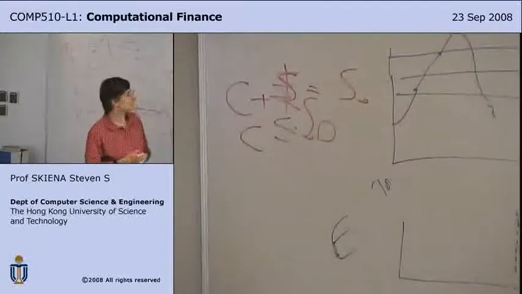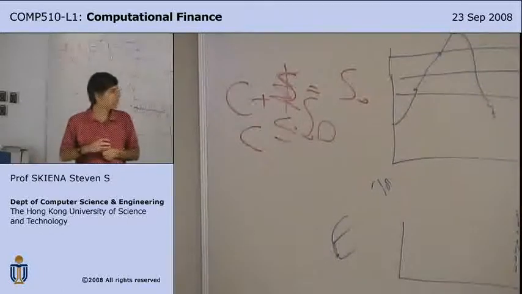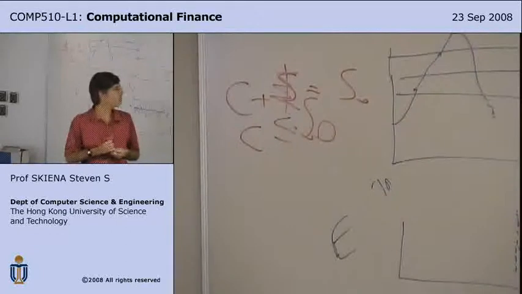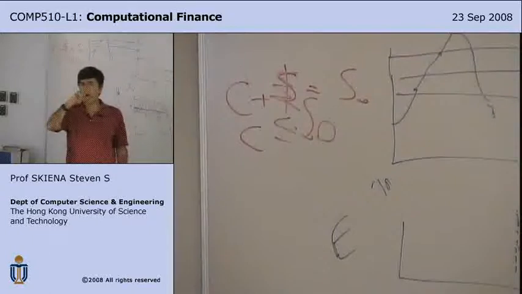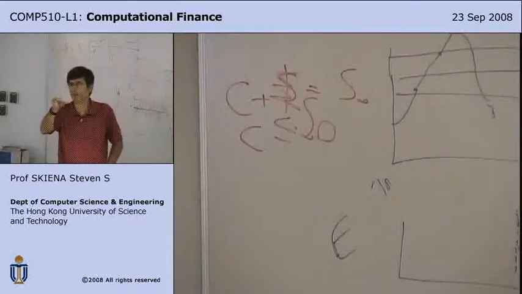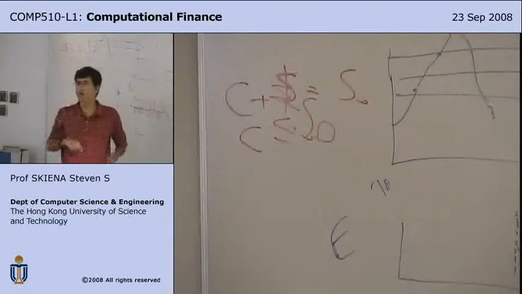Let's look at a second bound. If I have a put option, it gives me the ability to sell something at the strike price. A put option says you can sell this share of Lehman for $100. How much is it worth for the right to sell a share of Lehman for $100? It can't be worth more than $100. Why is that?